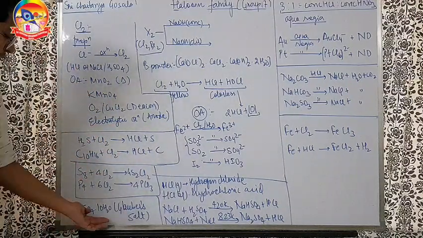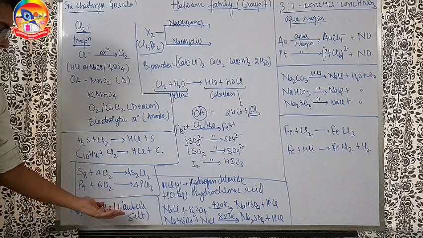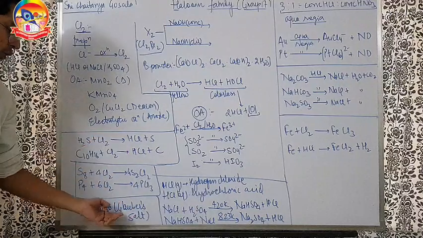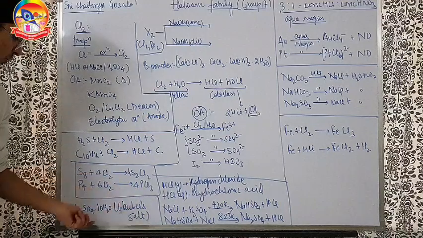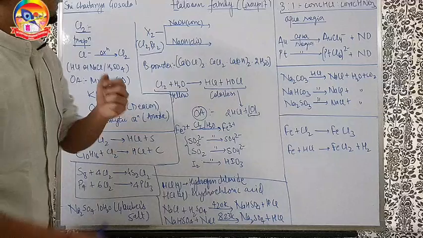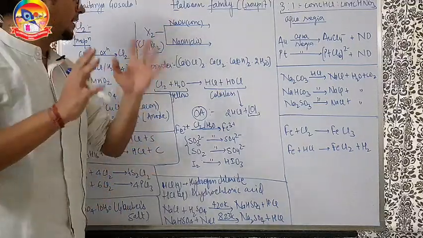Now Na2SO4.10H2O is called Glauber's salt. It was named after the scientist Glauber himself. You will see the name there in the NCERT, Glauber, the name of the scientist. And that's why I am using the Glauber's salt name also, because it is not directly in the NCERT but may be useful. Going ahead, how do chlorine and bromine react with NaOH, concentrated and dilute?